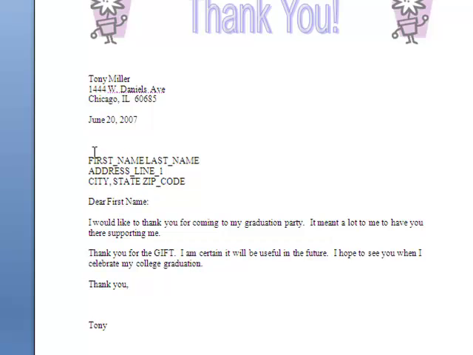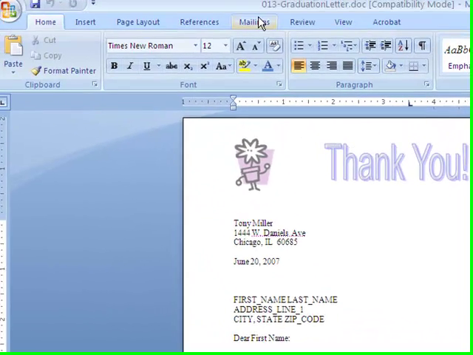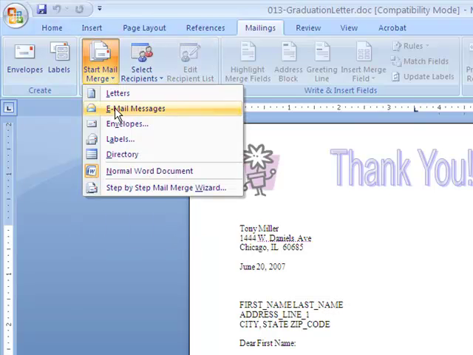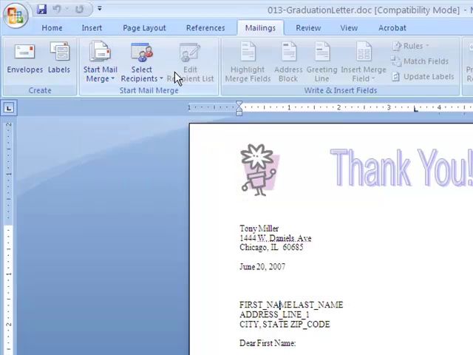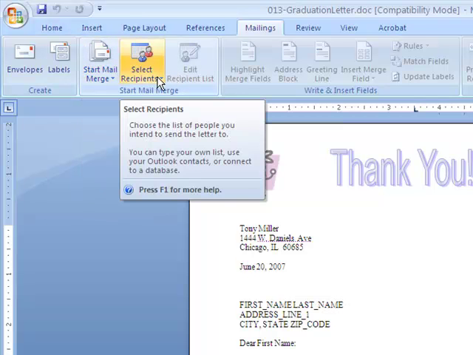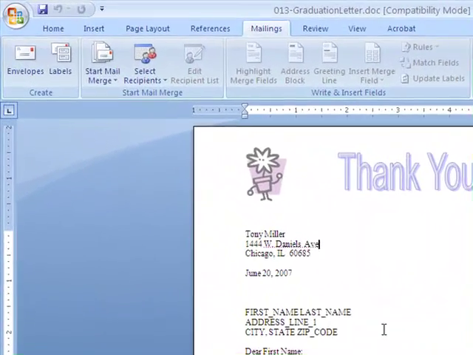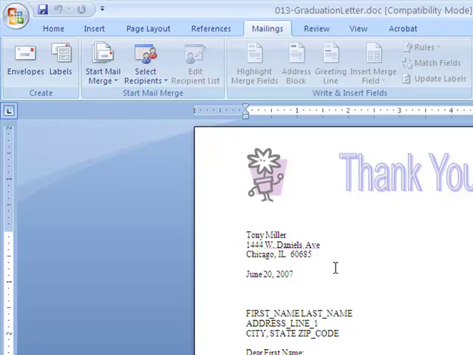So in Word 2007, you go to the Mailings tab, and then underneath the Mailings tab, you have the Start Mail Merge group right here. I could go to Start Mail Merge, and I could go to Step-by-Step Mail Merge Wizard, but it's a lot easier if we just go to Select Recipients, because right here I've got my letter written, and all I need to do now is create a database file that has the list of my recipients in there, and then I can